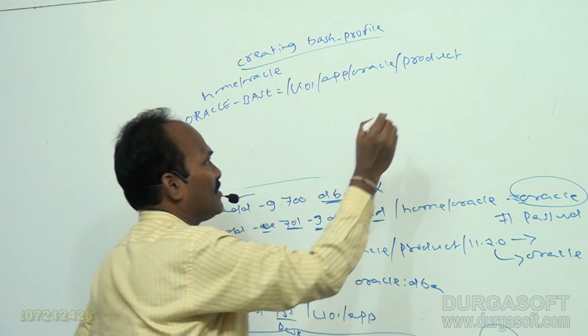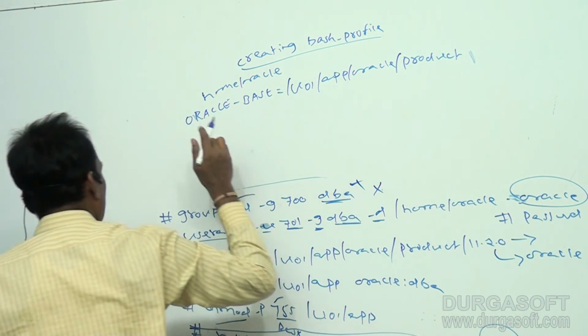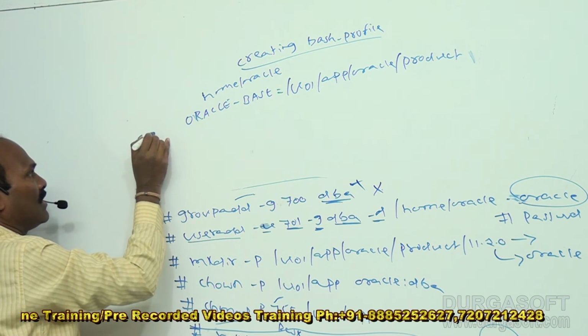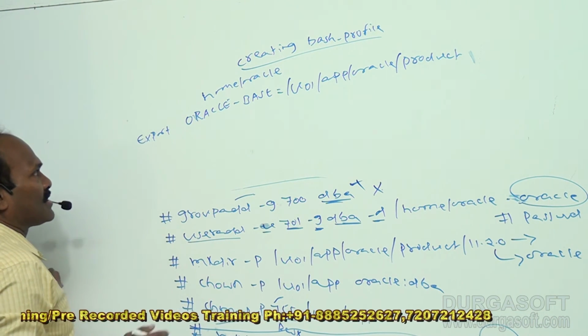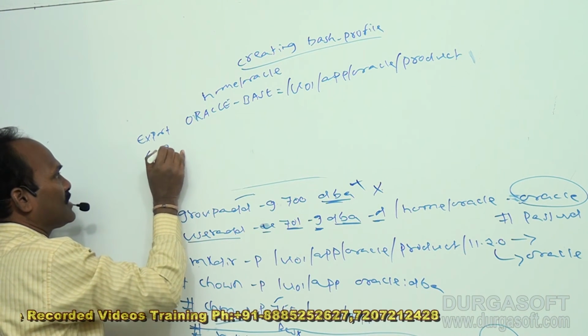Immediately you have to add a semicolon, or at the beginning you can add a keyword like export. Automatically it is available from the $ prompt. So when you say the export command, in the next step you say export